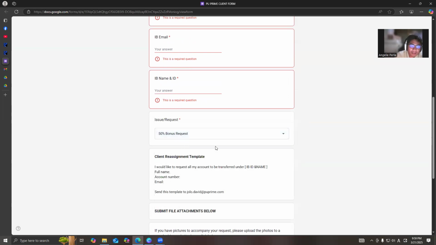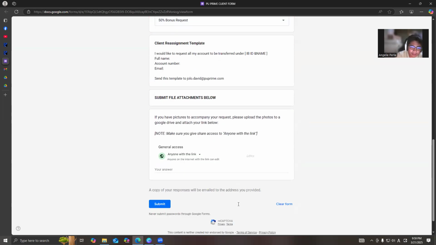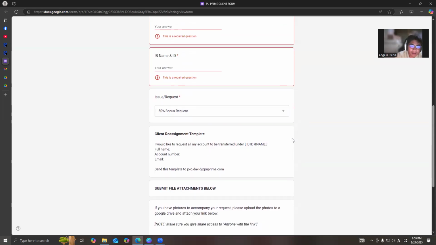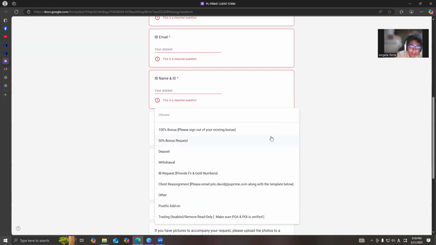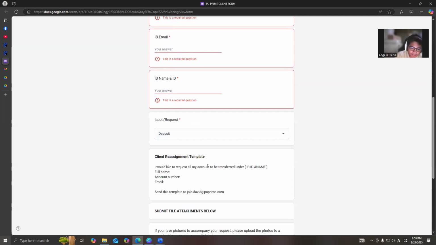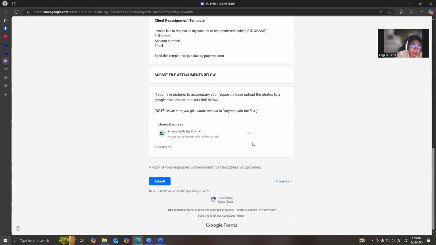So click 50% deposit bonus request, and click submit. Next is if you didn't receive your deposit funds. So click deposit and then submit.